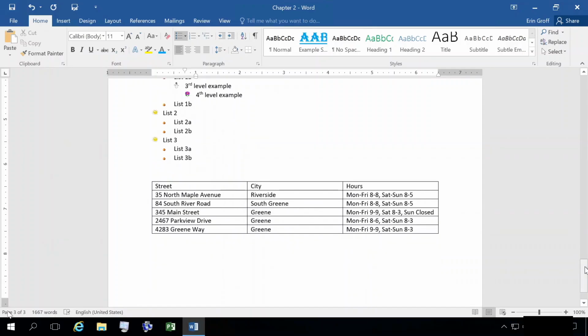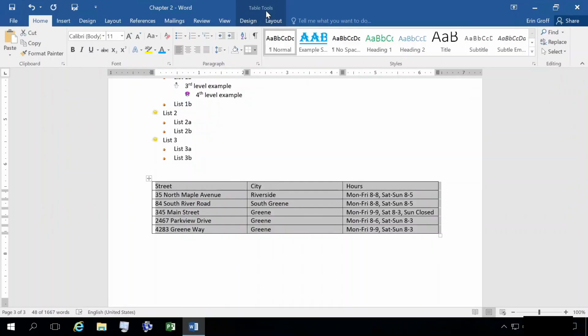We can also create new table styles. When you create a new table style, you can specify the style Word uses for each of the components in the table, including the whole entire table, the header row, even rows, odd rows, and other table components. So you can see I have an empty table here. I'm going to select my table,